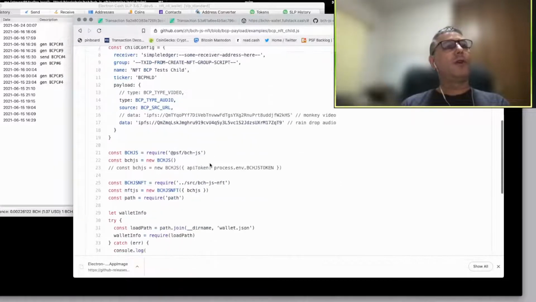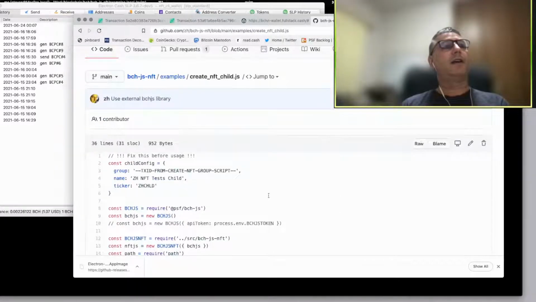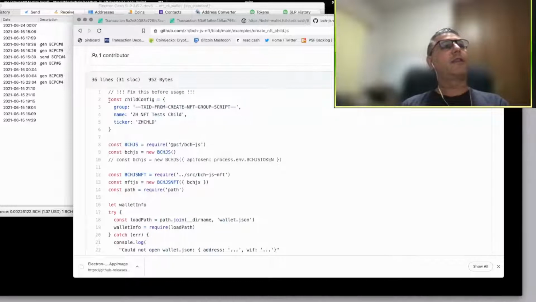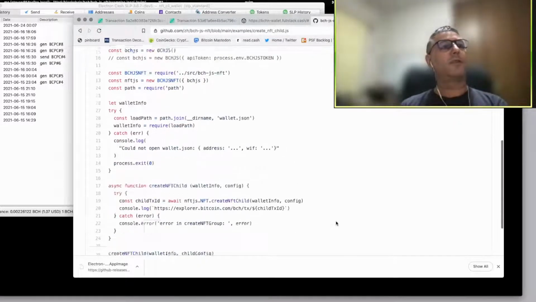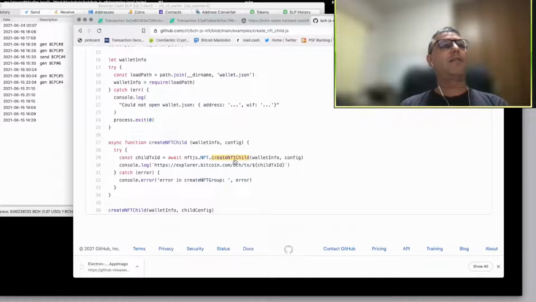Now the usual call is you just create a config with the mostly required fields: the group ID, the name of your child token, and the ticker. And you just pass this to the create NFT child call.